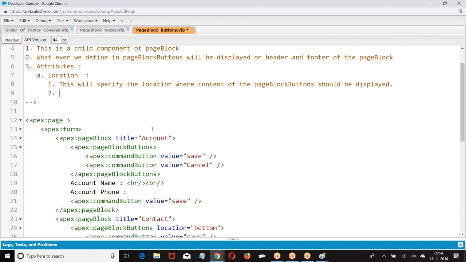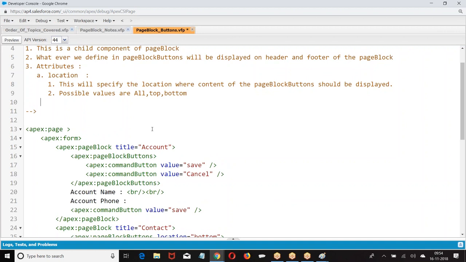What are the possible values? All, top. If you don't mention, by default, it is what? All. Header and bottom.